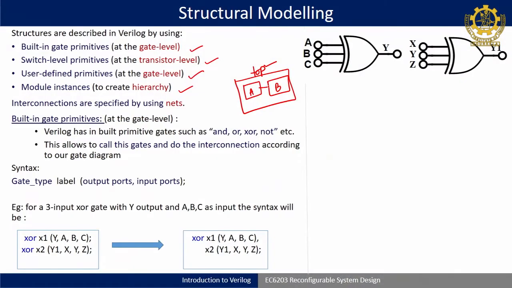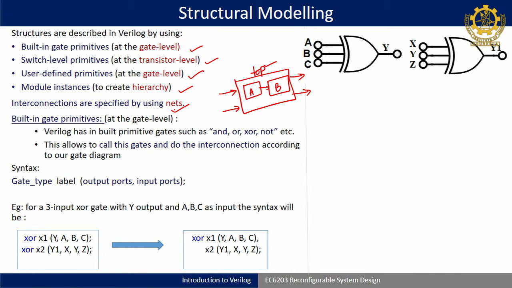Okay. So here if I am connecting A with B, this intermediate top module will have its own inputs and outputs. Those we are defining in the module itself, input and output inside a module. But while you are connecting internal signals, those have to be defined with nets. So interconnections are specified by using nets. That is where we will use wire as a data type.